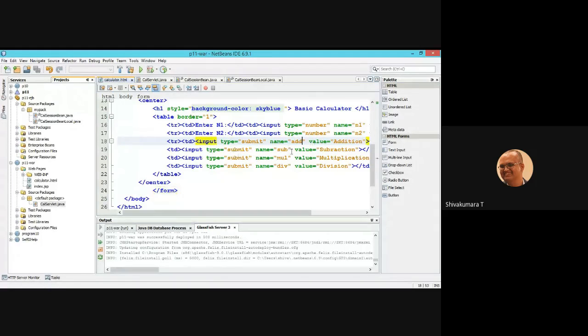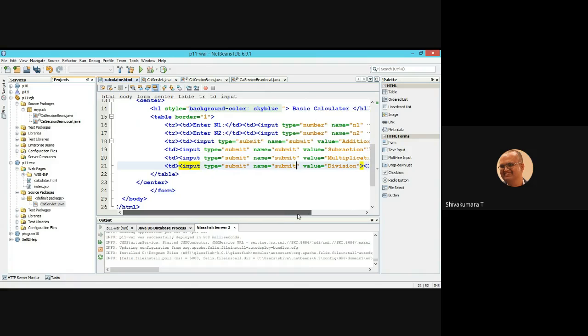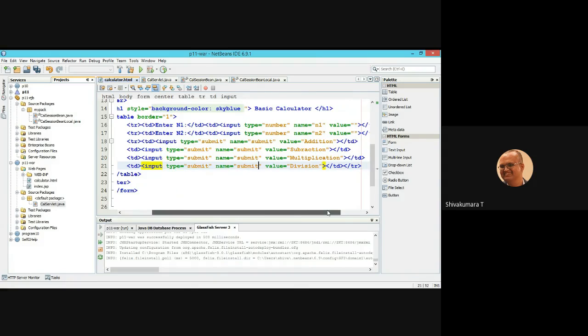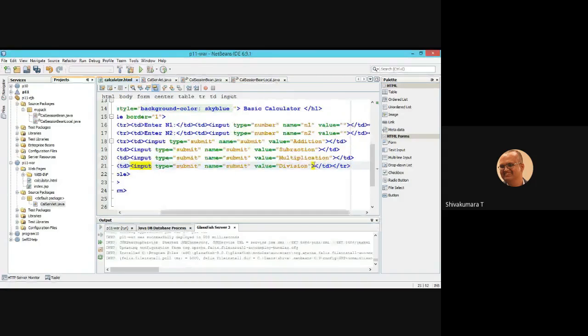If the form submission is sub, the corresponding things happen. Okay. Here the name I am going to use is submit. Based on this: addition, subtraction, multiplication, and division.